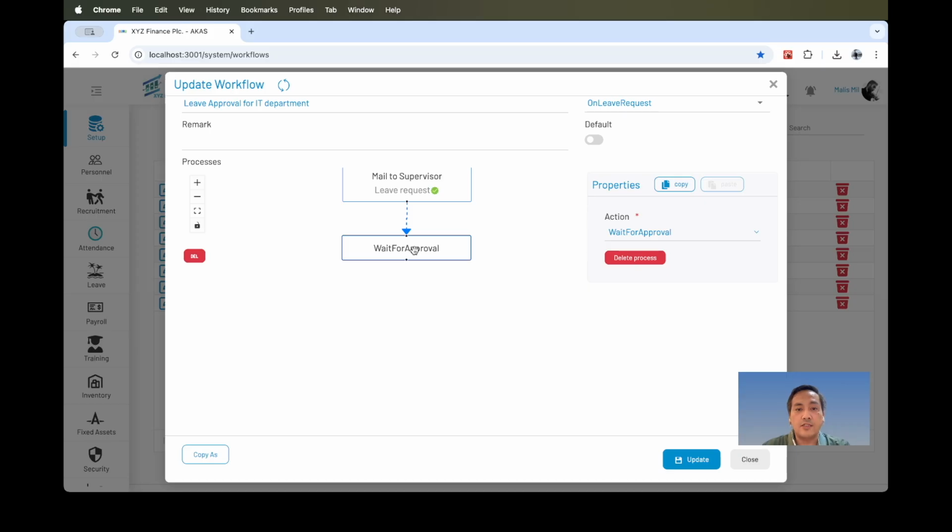Then when the approver makes a decision, he or she has two options, to approve or to reject. Once they make the decision to approve or to reject, the flow resumes actions.